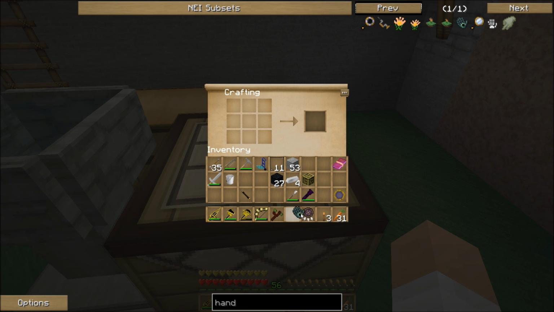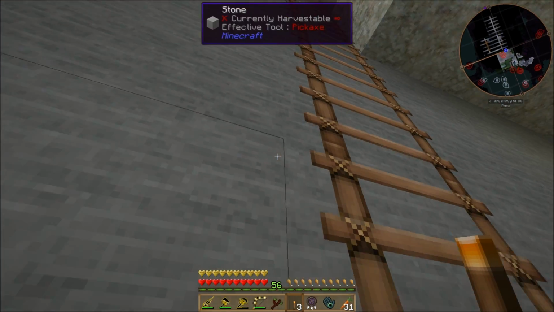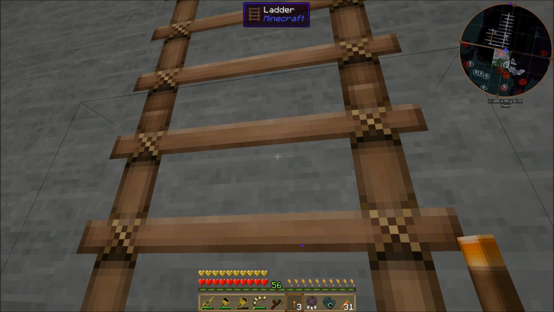But I've got a good portion of what I want to do for Botania taken care of. Now the only thing I need to do is make those torches that I said I was going to make. Either that, or let me see how complicated the recipe for...